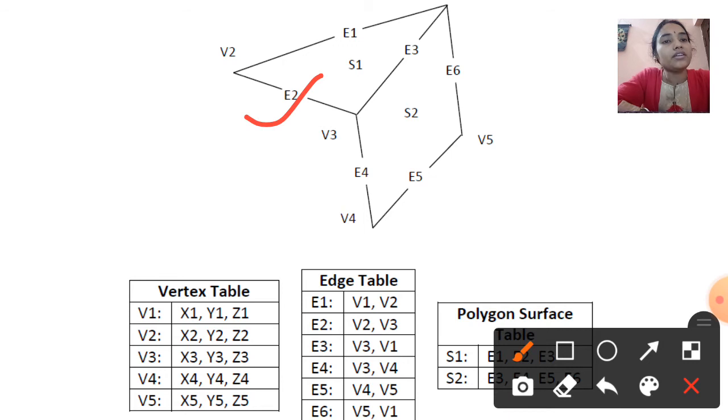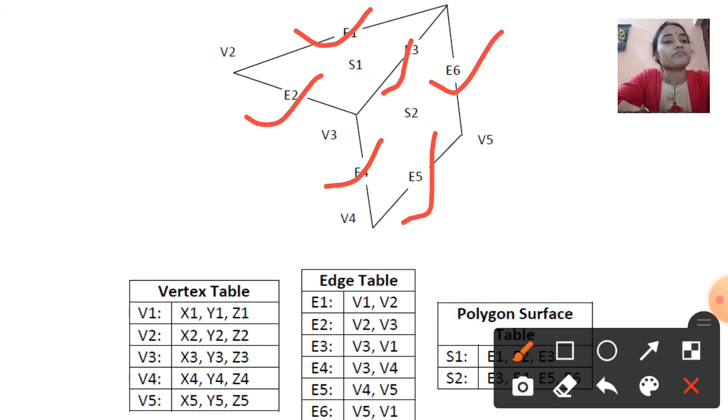Then E3 is V3, V1. E4 is V3, V4. E5 is V4, V5. E6 is V5, V1. So these are the edges which are stored in the edge table.